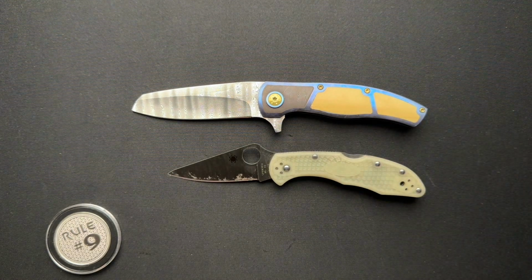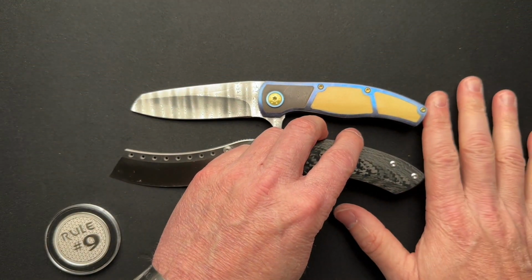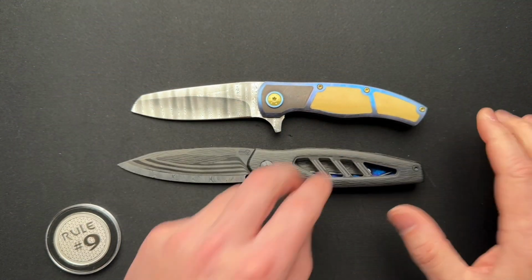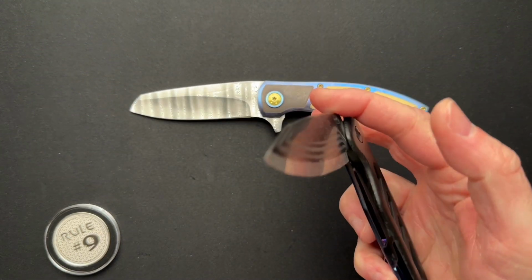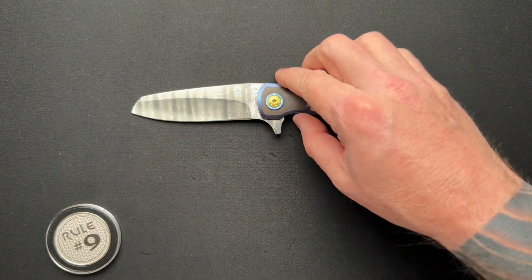So that's the knife. Here it is next to the Spyderco Delica, since we pulled that out earlier. We also pulled out the Production Hellraiser, one of my absolute favorite knives that I just don't carry enough, and the Full Dress Interface, VC Edge Interface, which is one of my most favorite knives that gets carried way more than I thought it would for being 1.5 ounces. It just is amazing. So there you have it, the George Muller